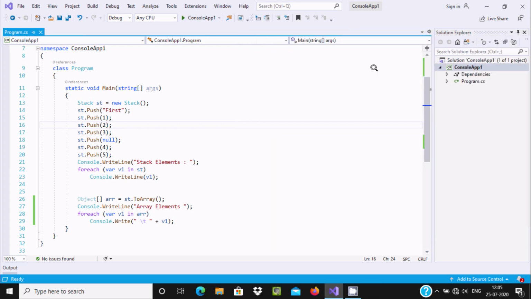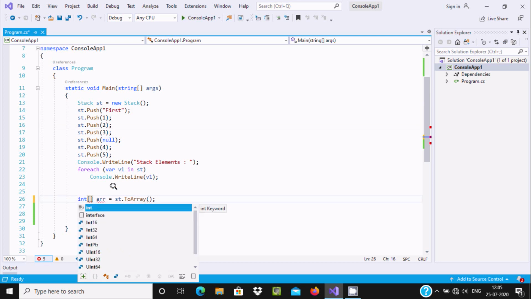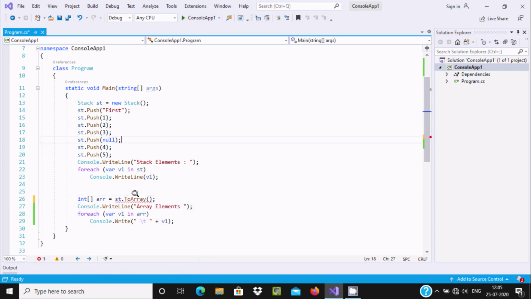Now there is another thing. If I give int here, it stores only the integer data type. If I take the cursor to st.ToArray, it says it copies the stack to a new array, copies elements of the stack, and here is an implicit conversion from object to int.